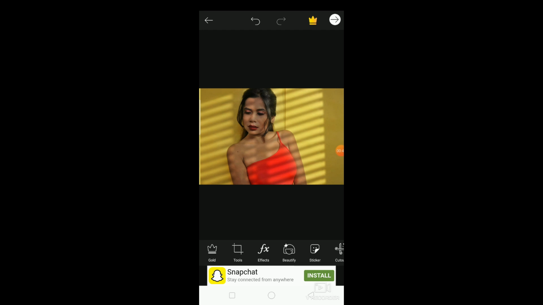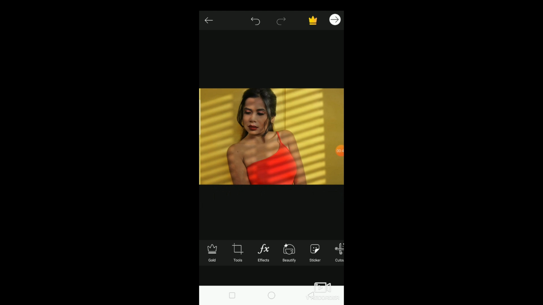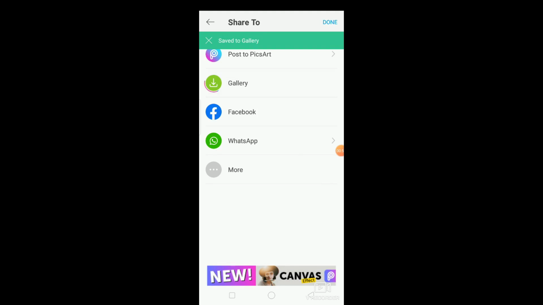And yeah, I think I'm pretty much happy with the effect which it's portraying. So yes, and then I'll click on the right hand arrow. If you guys could see this picture, which picture would you like the most? Definitely the shadow effect, right? Shadow effect attracts our eyes a lot, and I personally love how the shadows are falling perfectly on my face, as if I am standing in front of a window which has some blinds open and the shadow is coming all over my face. So I'm pretty much happy using this effect.